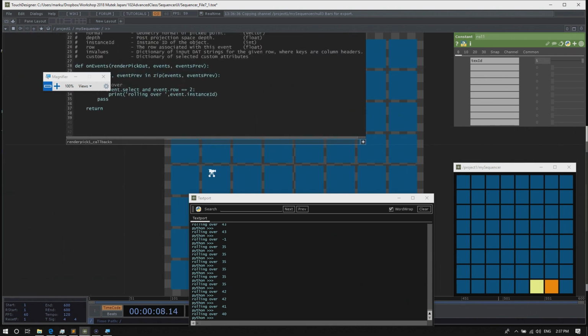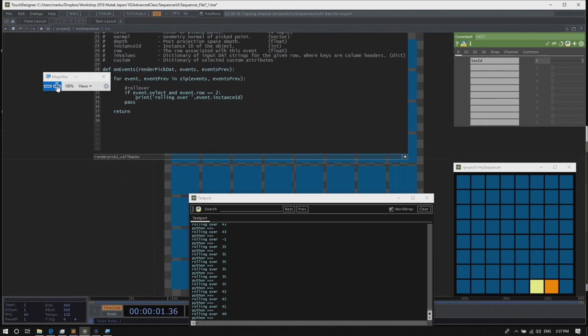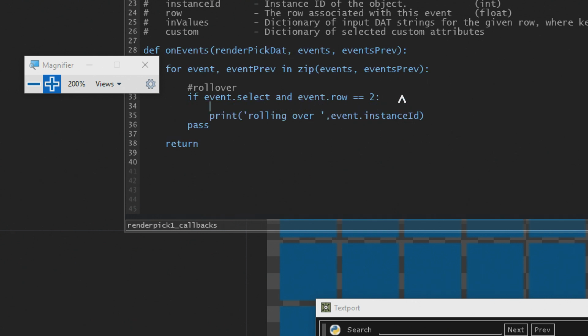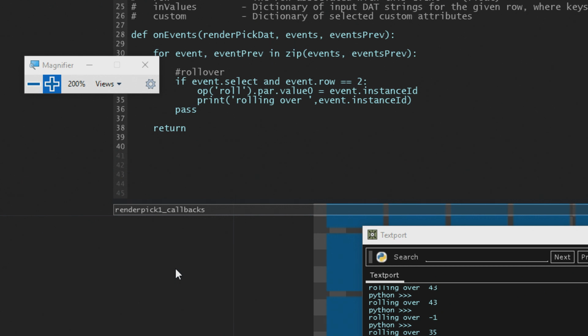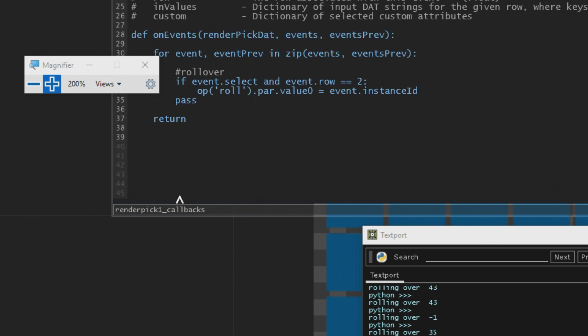Now in my callback script, I can say op roll, that's the constant CHOP called roll, .par to get to the parameters, .value0 equals event.instance ID. This assigns the instance ID to the first channel's value.